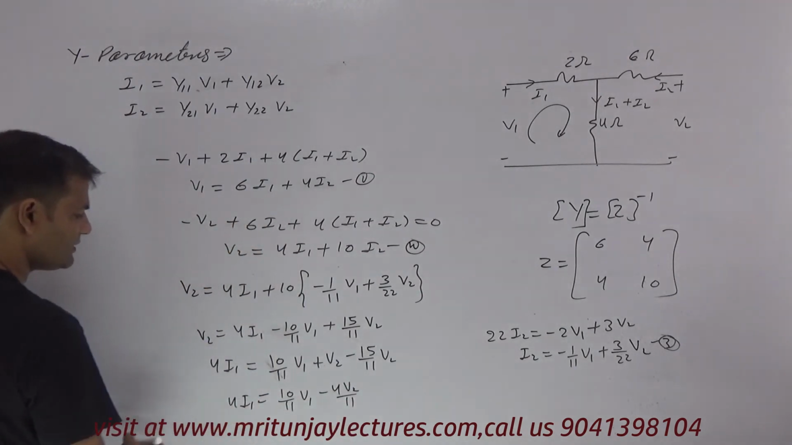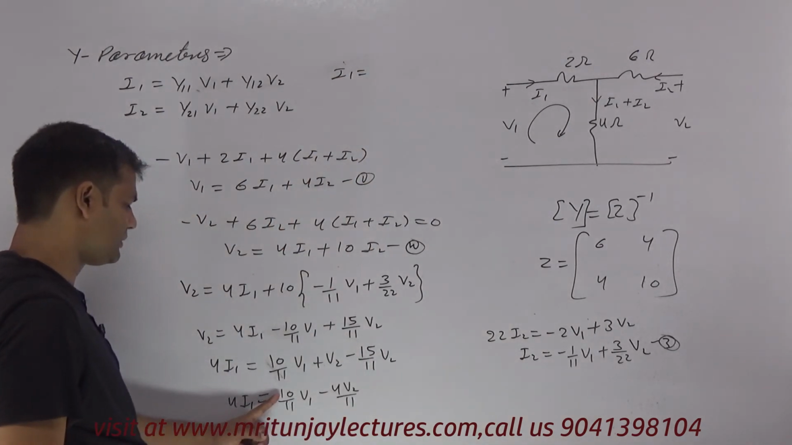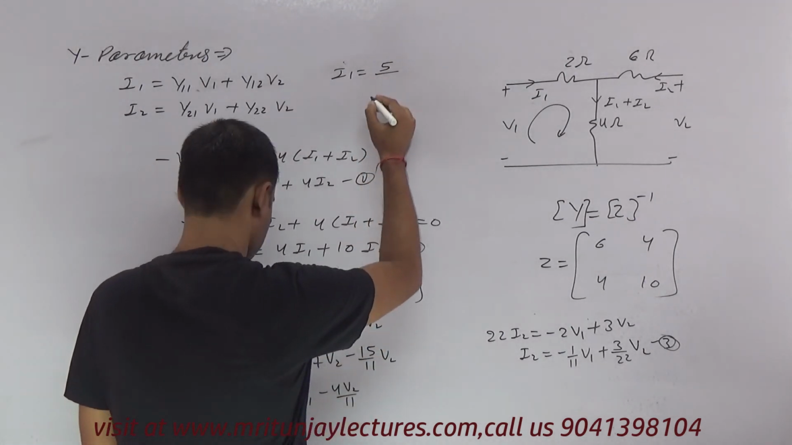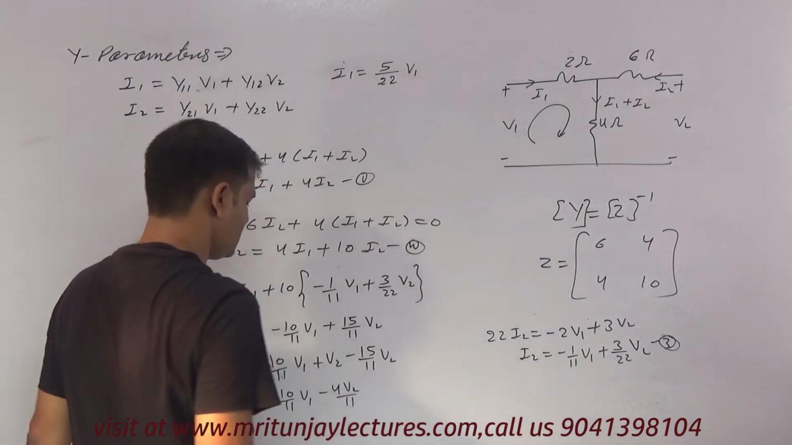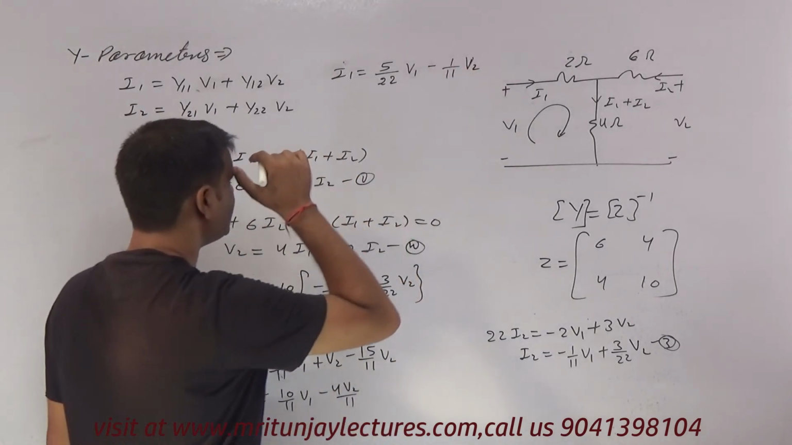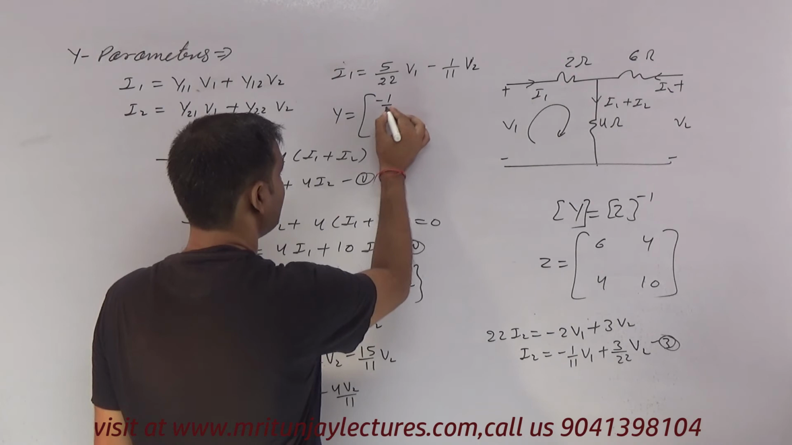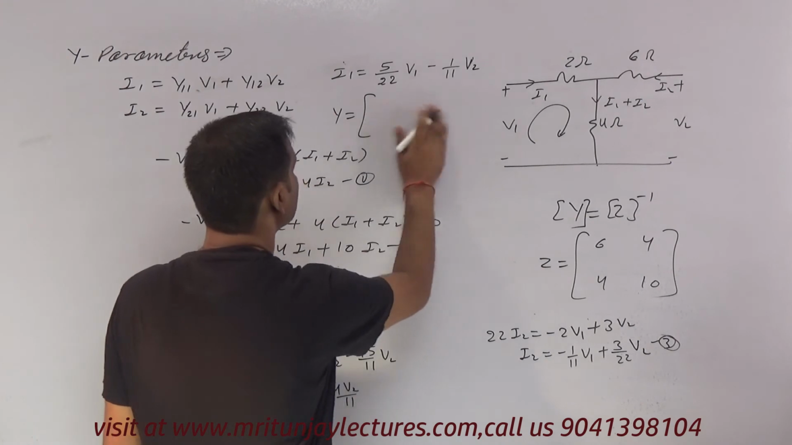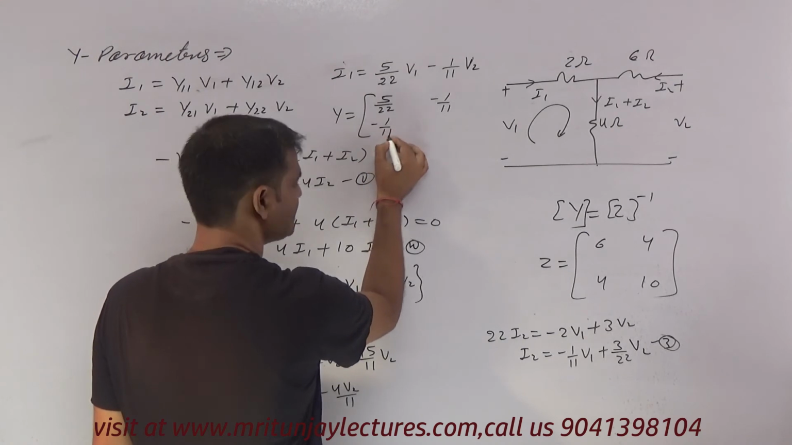So I1 is equal to 5 by 22 V1 and minus 1 by 11 V2. Okay, so Y parameter we got minus 1 by 11, 5 by 22, minus 1 by 11, and that is